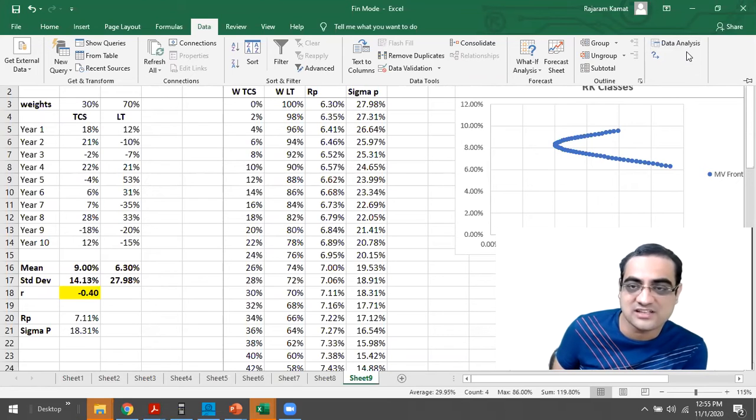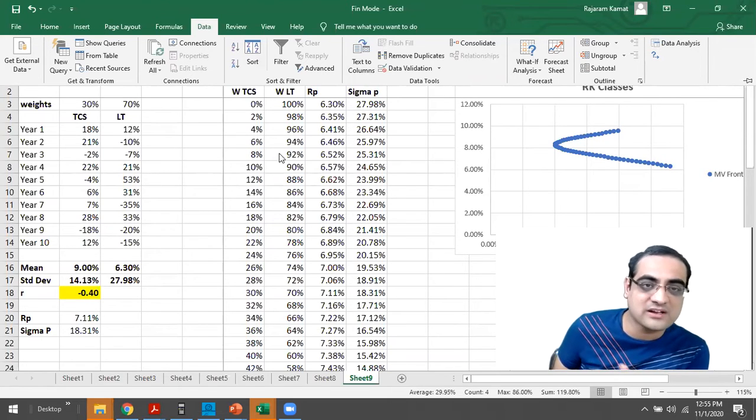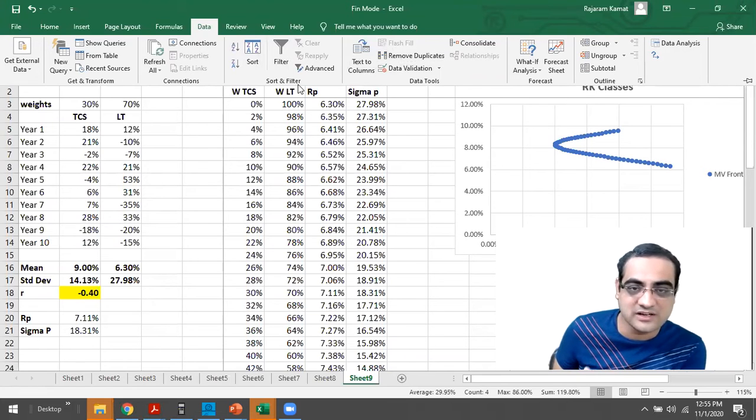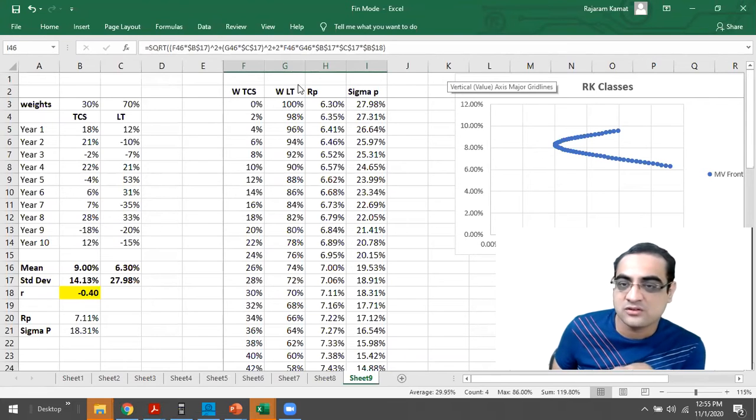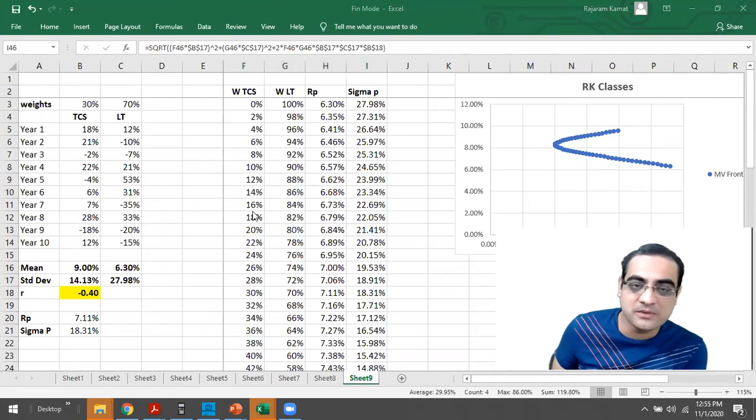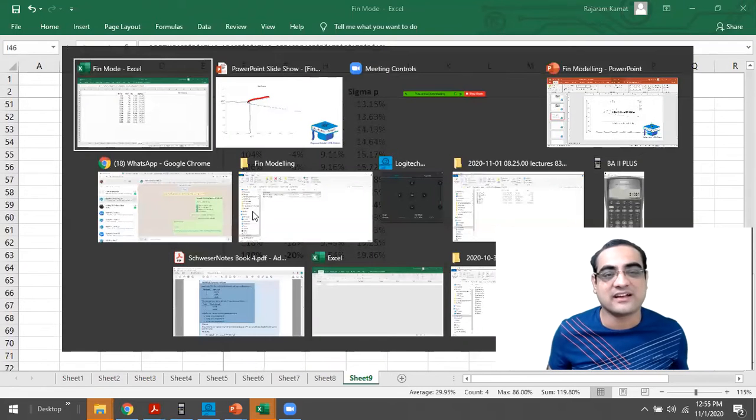Below this, last time if you recollect, there was a solver. And right now there is none, and there is some system error which is happening. So right now I can't show you the solver function, but obviously you do not have to do it manually like this, like a graph.